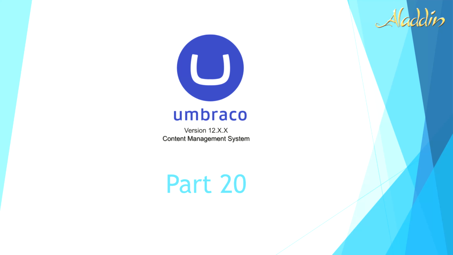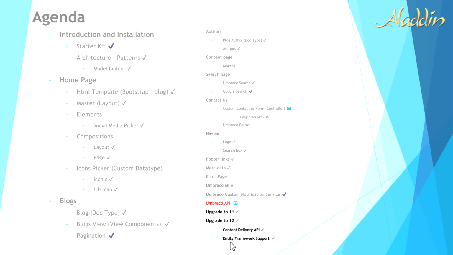So let's just revise what we have done in the previous video. We just did Umbraco 12, and the new feature of Umbraco 12 was Entity Framework. So we created the table, and also we created that migration, and we saw how we can run that migration automatically when we start the project. So today we'll continue on that stuff, but